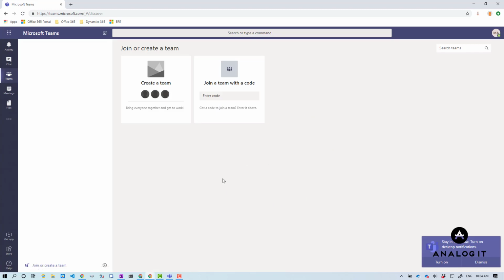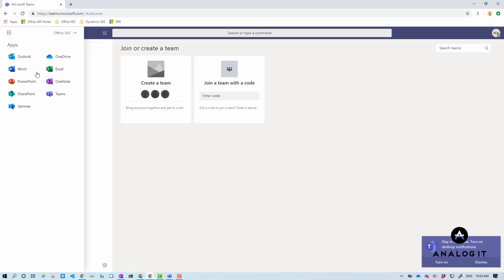And you'll notice here that it goes right away to create a team or join a team. And so we'll go through the different features. But what we're going to do now is just take a look at the basics. And I'll give you kind of a quick tour of Teams, and then we'll get into some more deep dives as the series progresses. So at the top here, you'll notice that it locks into the waffle for Office 365